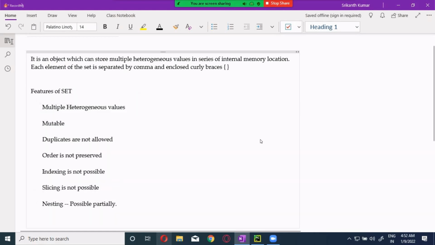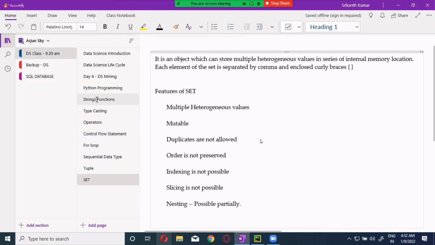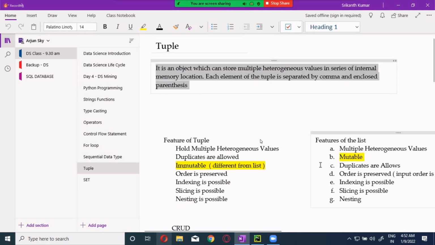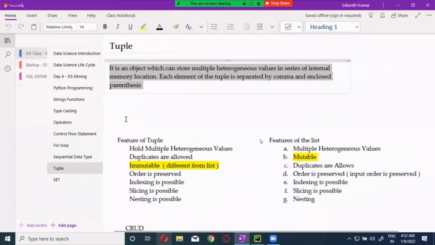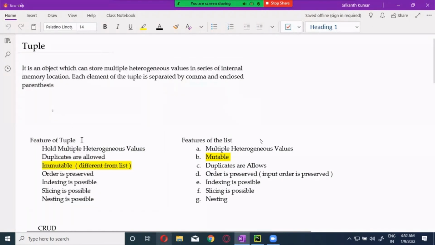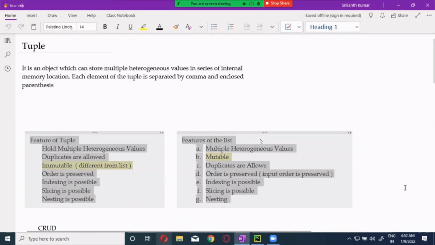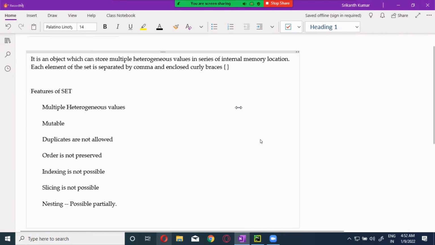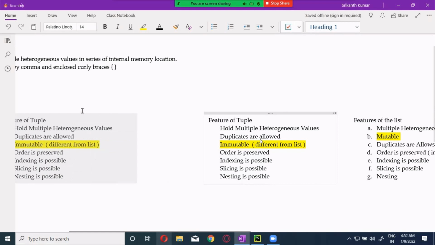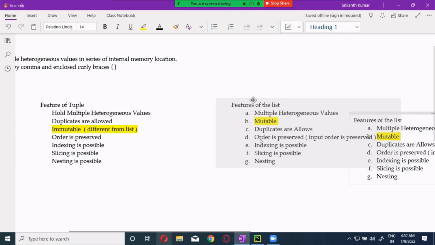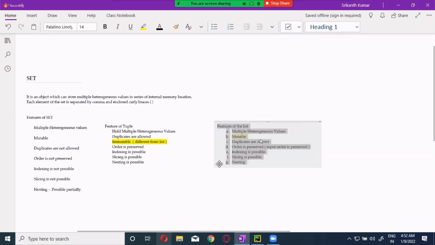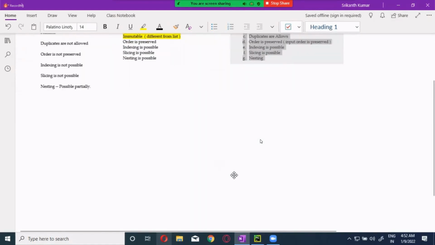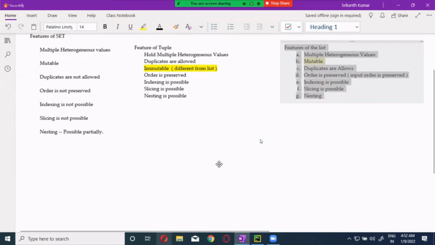Now let's keep all the three together so that it is easy for you to analyze the difference. See this, guys, this is the major difference.